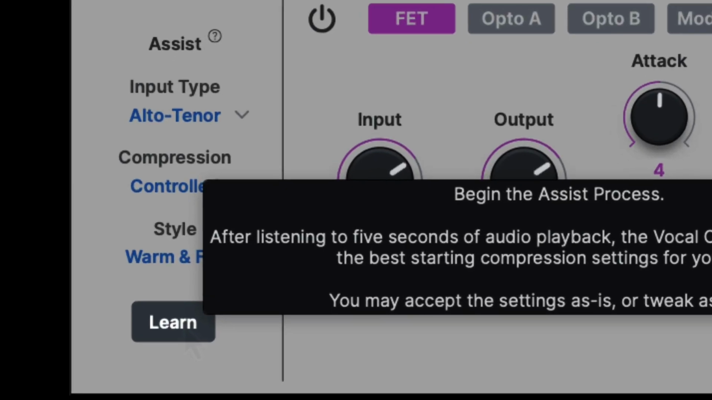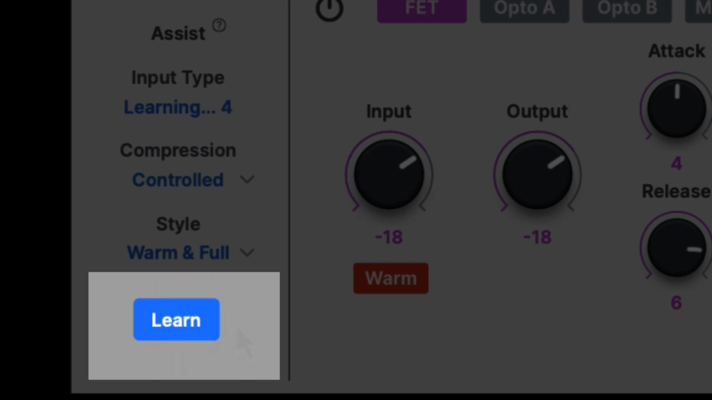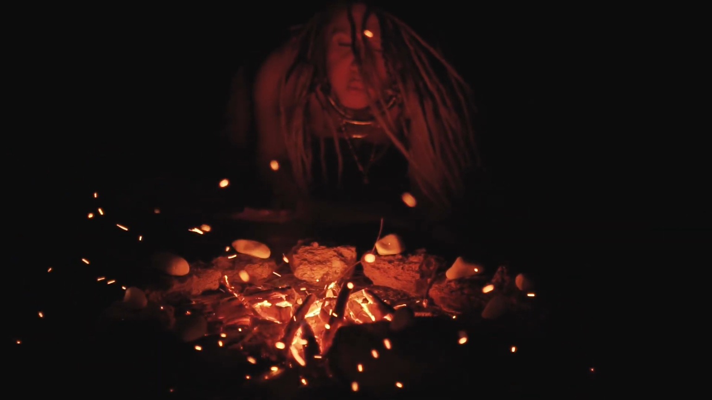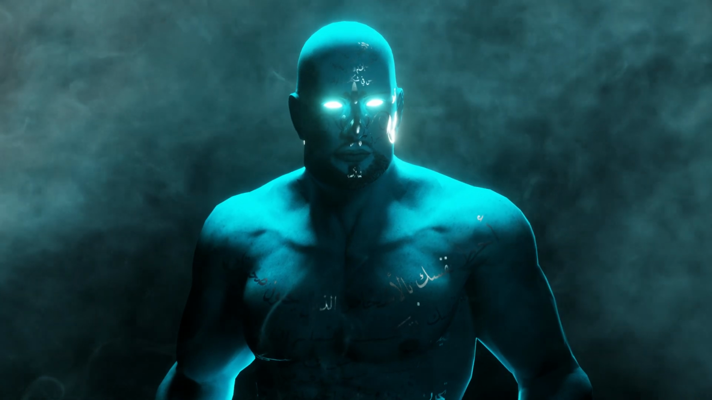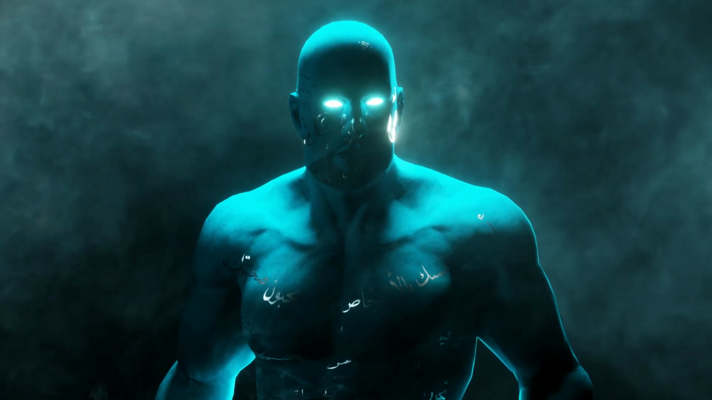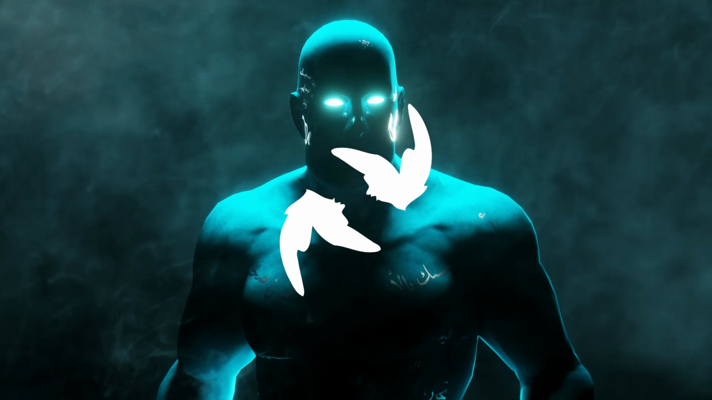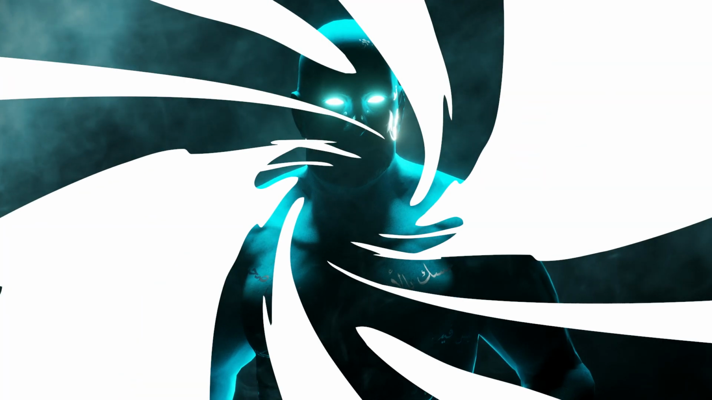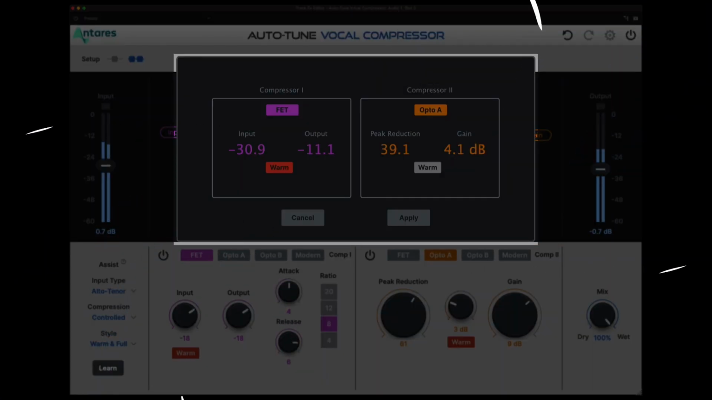Now it's time to let the magic happen. After selecting your input type, your compression amount, and style, click the Learn button and let the assist function work its voodoo. It's like having a personal audio genie that listens to your audio and grants your wishes. Well, almost. The vocal compressor will suggest the best starting compression settings for your vocals based on 5 seconds of audio playback. You can accept the settings as is